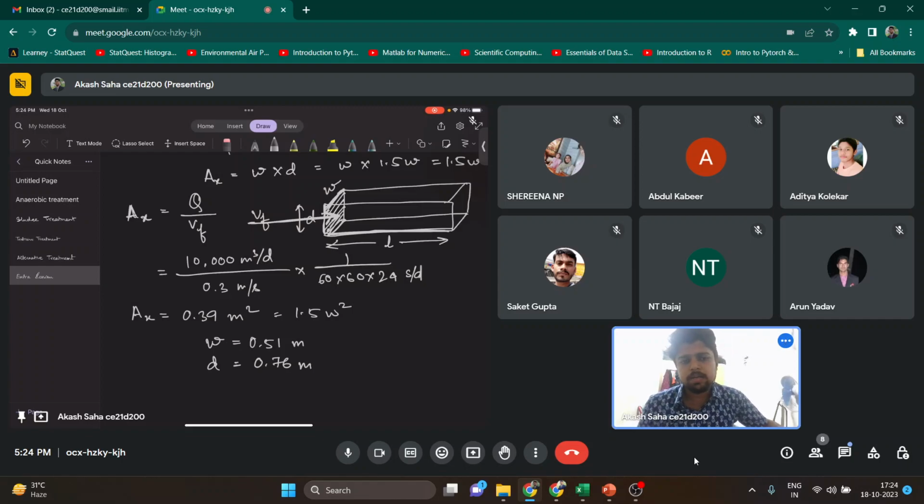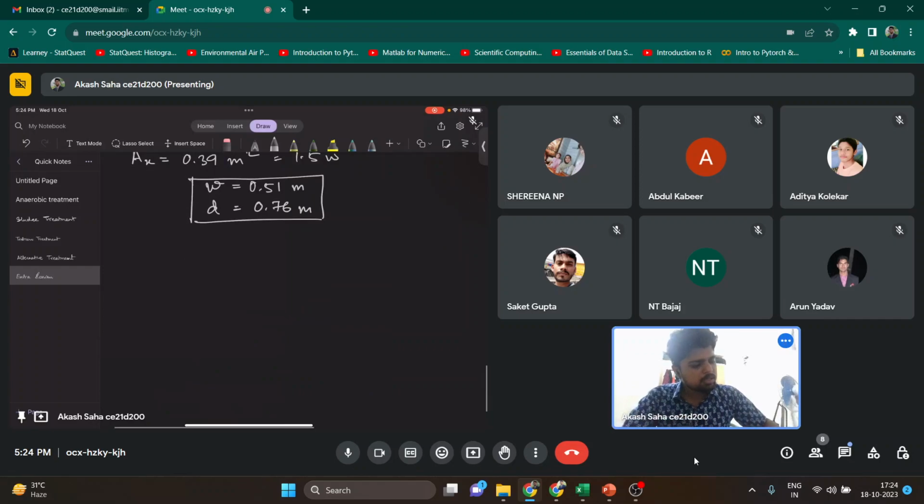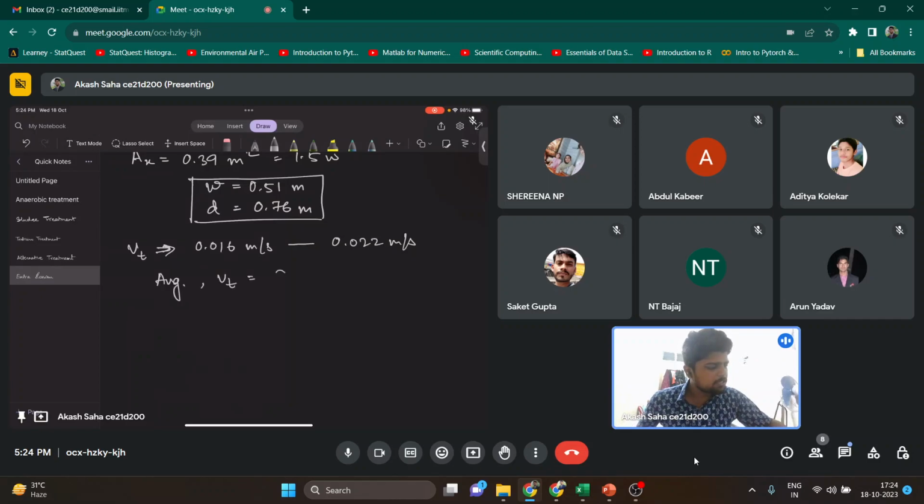So now I know the depth and width. These two I have finalized. Okay, so now we will see how to calculate the length. Now for the settling velocity, it is given that it is ranging from 0.016 meter per second to 0.022 meter per second. Right, it is ranging. So for making the calculations easier, I will take the average. So my average settling velocity is 0.019 meter per second. So my detention time,